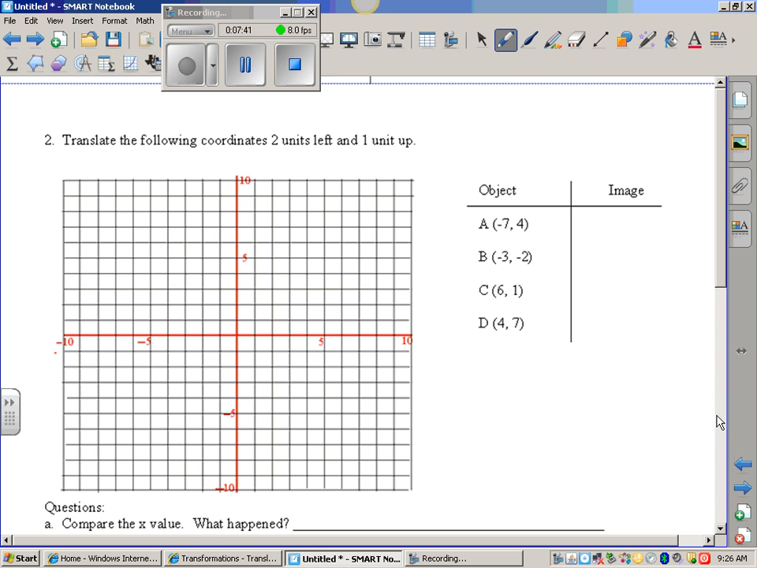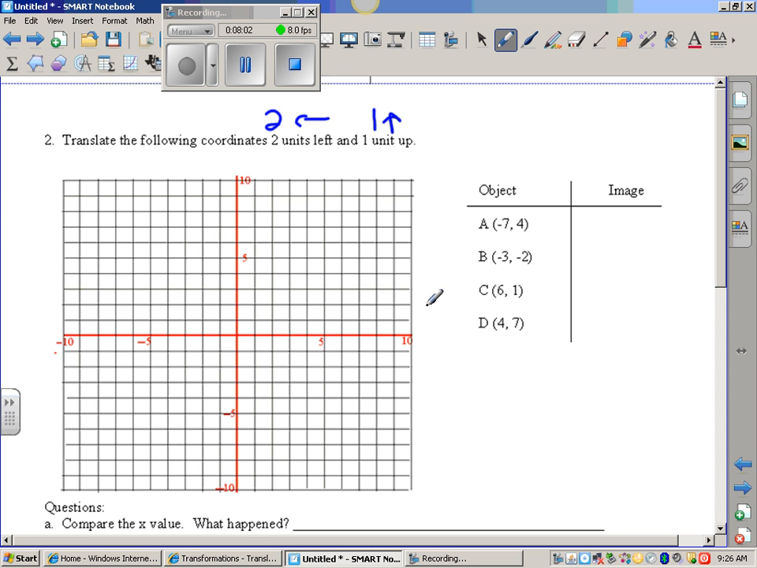Flip it over to the back and let's try to get one more done. All right, number 2, translate the following coordinates 2 units to the left and 1 unit up. So this is not just as simple as the front one and just telling you to shift up. We're going to go 2 to the left and we're going to shift up 1. You're going to see me use the arrows a lot. I think it's really helpful and it helps organize your thoughts